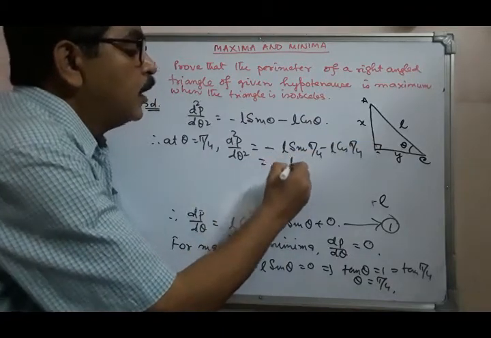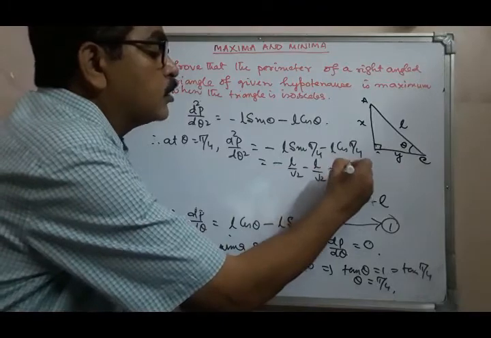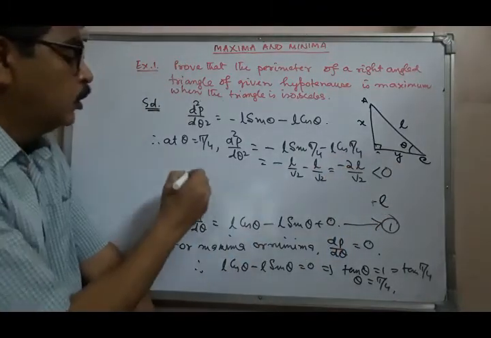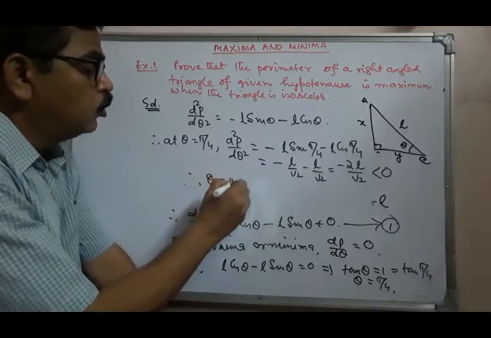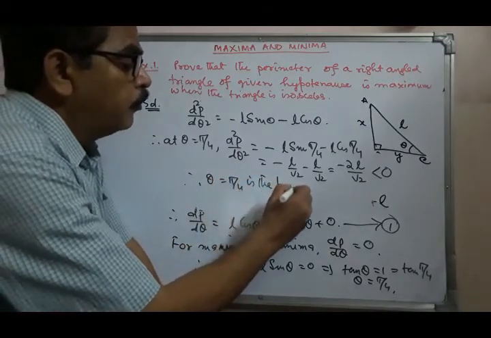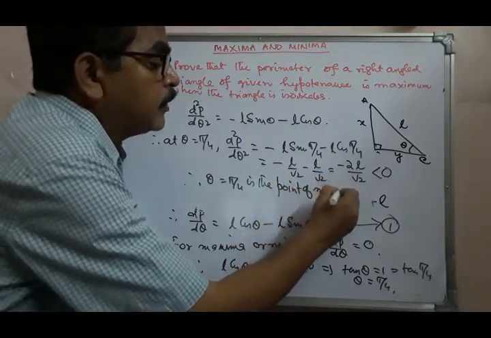Therefore, minus L by root 2 minus L by root 2, that is minus 2L by root 2, which is less than 0. Therefore, theta equals pi by 4 is the point of maxima,